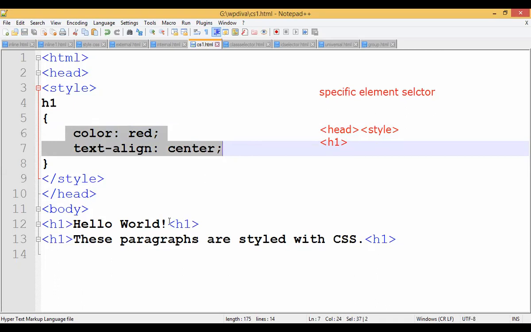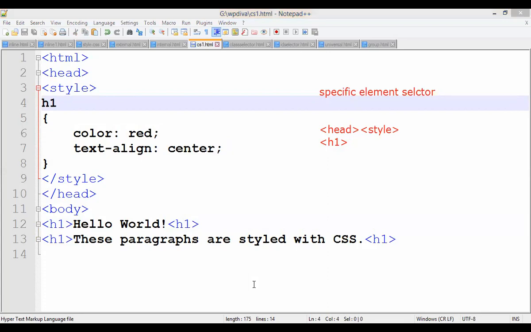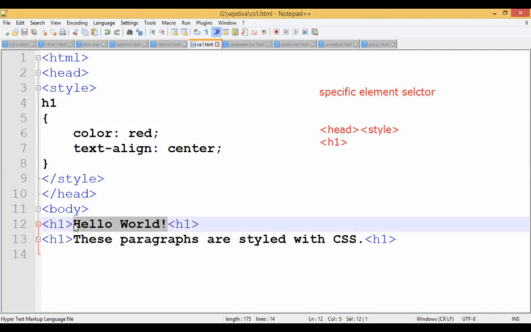Very, very good. So what is hello world, guys? It is the element, isn't it? It is the element of the H1 tag. So that's why it is called what? See guys, it will get applied to hello world. Hello world is the element of the H1 tag. That is why it is called a specific element selector. Are you getting that? Specific element selector means that for H1, H1 is a tag, and these properties will get applied to the specific elements present in that tag. So that is why it is called a specific element selector.